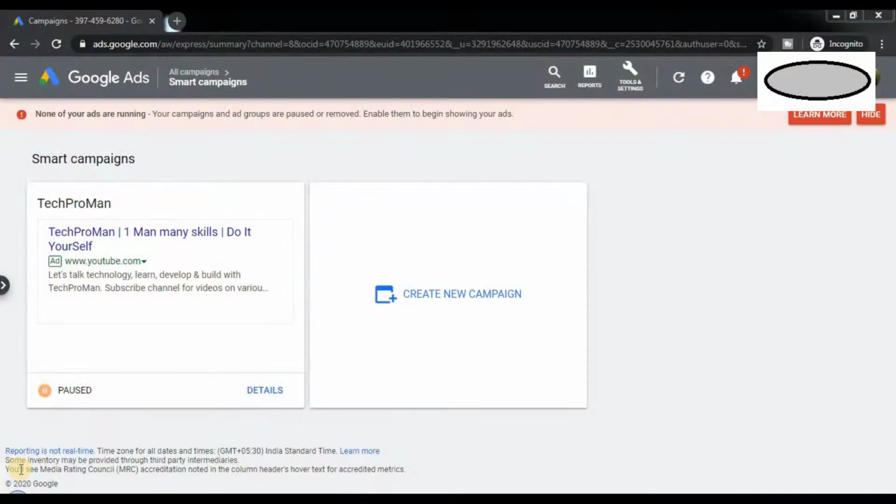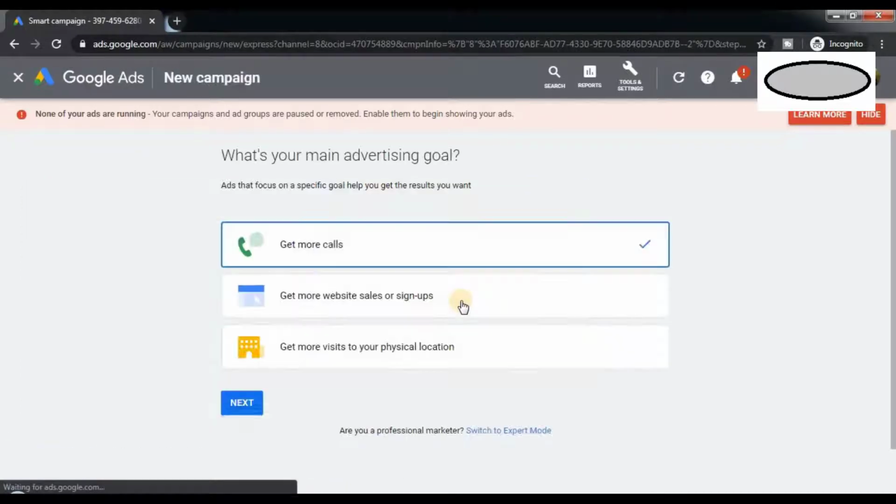Okay, so we are on the landing page of Google Ads. This landing page will come if you have already created a campaign, or if you have already created your account and gone through your campaign. But if you are new to Google Ads and you do the first sign in, then this is what the page looks like, with the gray part above being ignored.